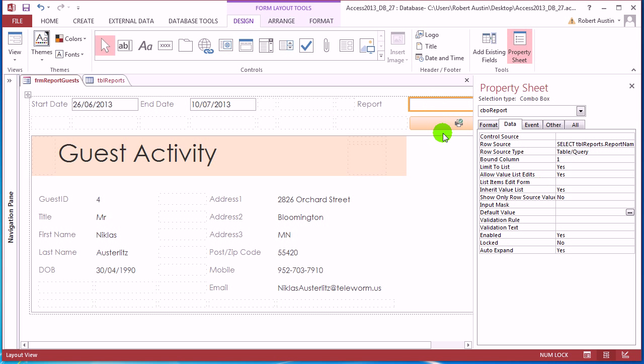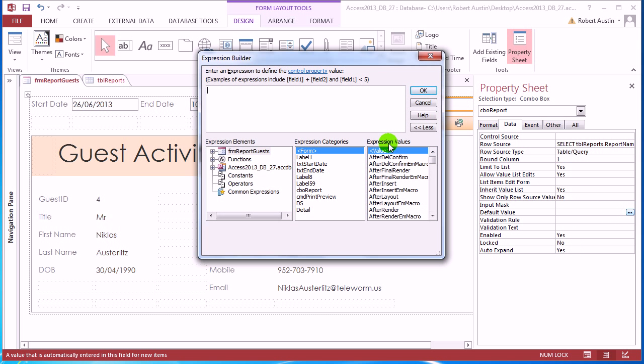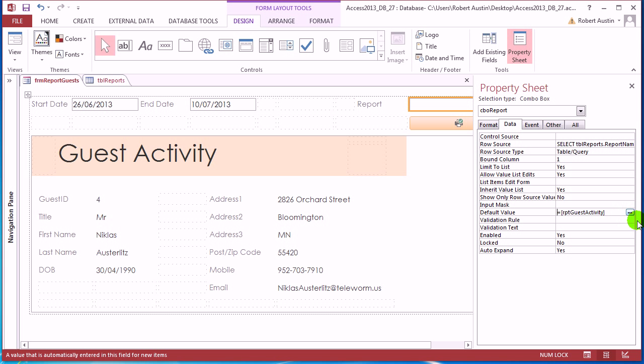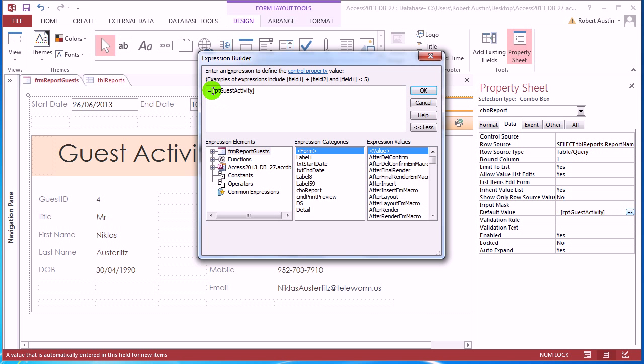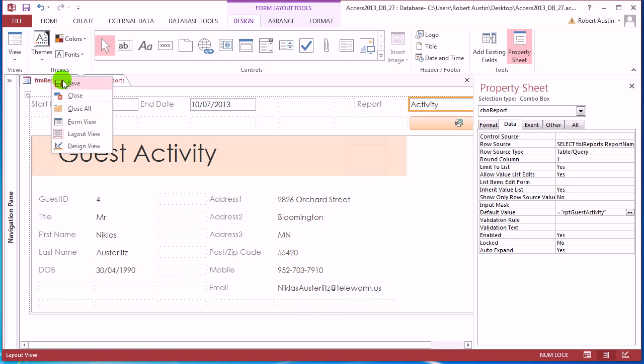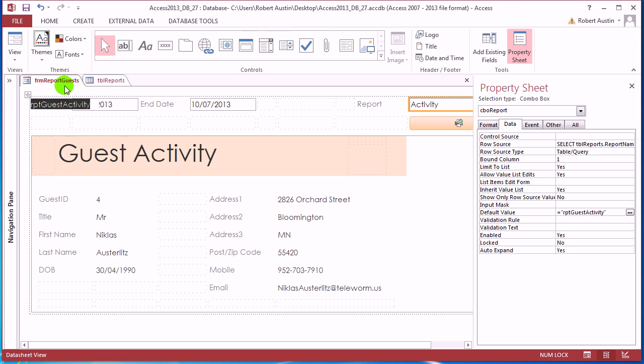So clicked into the combo box, property sheet, data, the default value is there. Let's just try it like that, see if that works. And no, it doesn't, because it thinks it's a field. So instead, let's enclose it in quotation marks, see if that works. And it does work. Okay, so now if we close all that up,